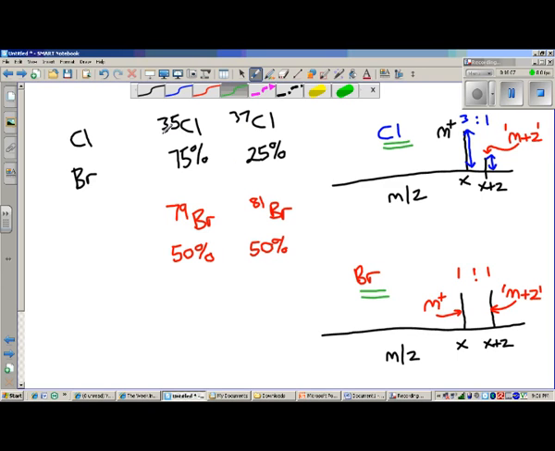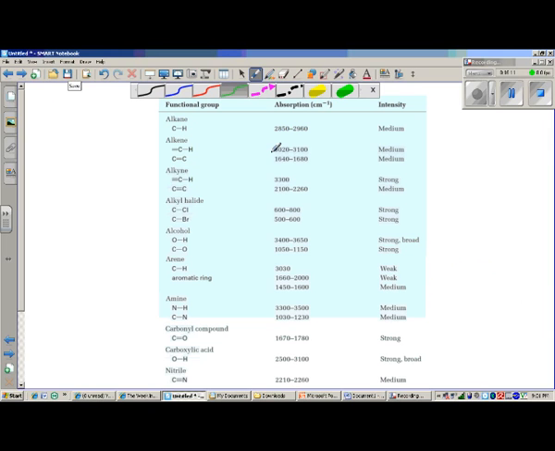Now, let's move on to our next technique here, and this is called infrared spectrometry. What we actually have on this page is a set of characteristic absorptions of different functional groups. The idea in infrared spectroscopy is you have your